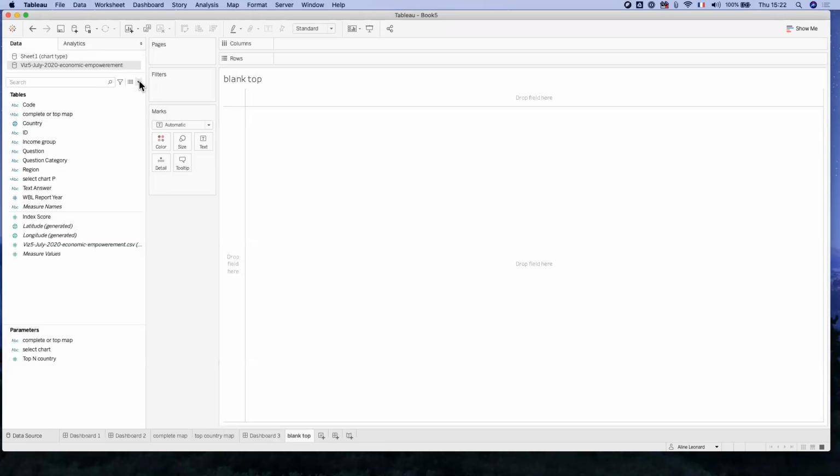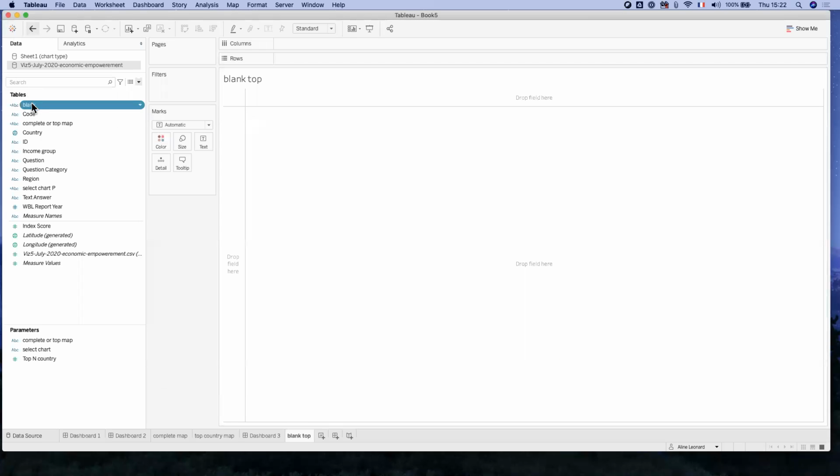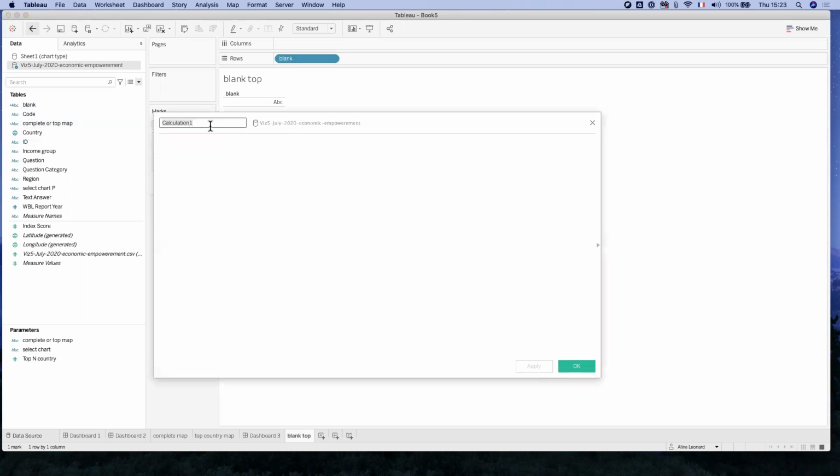So blank top. I also need to create a calculated field called blank with the quotes, because I don't need to have anything in it. So I just put the two quotes here. I click OK, and then I need to drag this into a row. And I need to create a new calculated field that will filter if it's complete map or not in the view. So I create a calculated field, filter